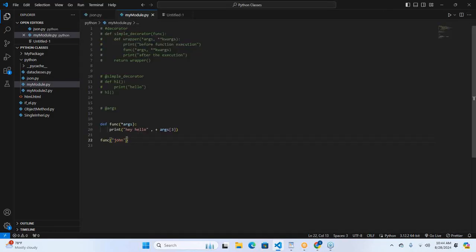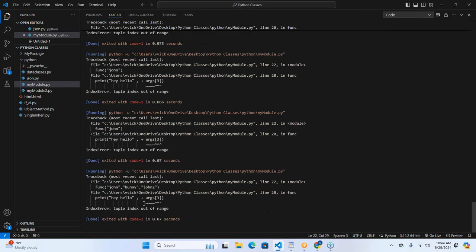So here, if I give this, that's why we use this *args. So here we give 2 more parameters, like we give John and we give Bunny, okay, and we give John too, okay. So if I give like this, see, if I give like this,